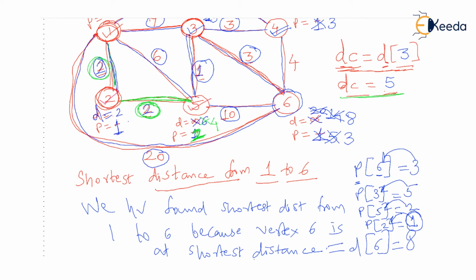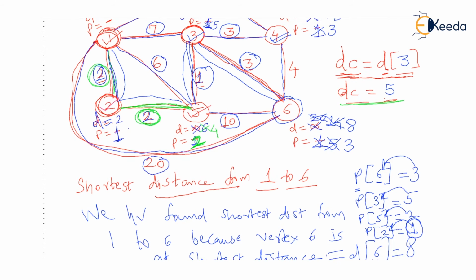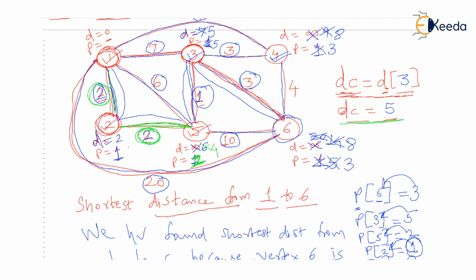And really you check that 1 to 2, 2 to 5, 5 to 3 and 3 to 6 is the path which gave us 8. Correct or not? Now, how many of you have understood one more very interesting point about Dijkstra's algorithm? The question was to find the shortest distance from 1 to 6, and indeed we have got that shortest distance. But how many of you have understood that in the event of finding the shortest distance from 1 to 6, we have found the shortest distance from 1 to 4 also?